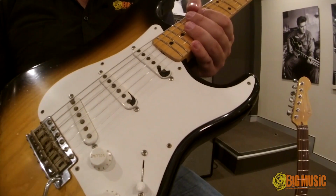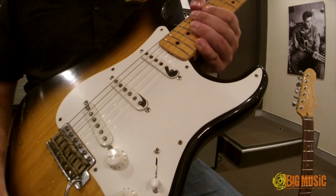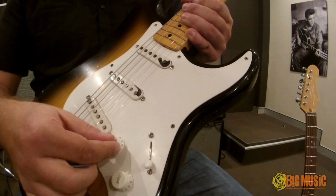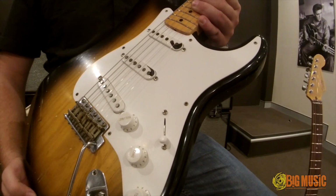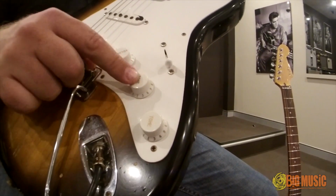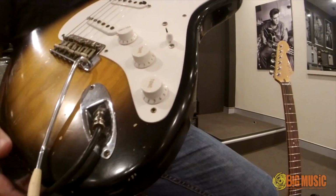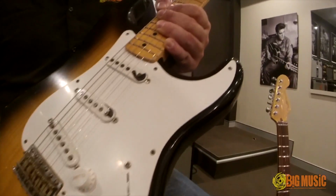Looking at the pickups, we've got 3 single coil pickups, unique with that 60 cycle hum, which you can hear there. Totally normal. Got a 3-way switch, which just selects each pickup. And the controls, we have a volume and 2 tones. Now the tone is for the neck pickup and the middle pickup. The bridge pickup doesn't have a tone control. Got a single ply white pickguard